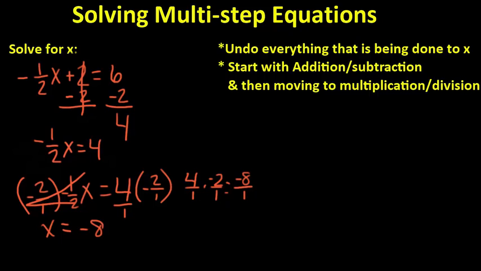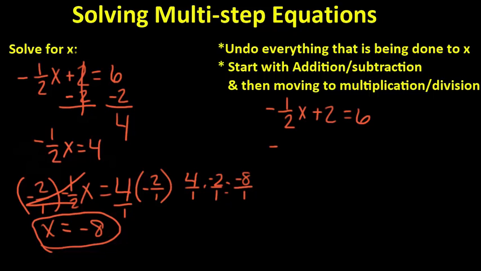We always want to check our answer very quick to make sure we didn't make any errors, because it is so easy to make a small error and get the whole problem wrong. To do that, we take the value that we found for x and plug it back into the original equation. So in this case, our original equation was negative 1/2 x plus 2 is equal to 6. Replacing x for negative 8, we have negative 1/2